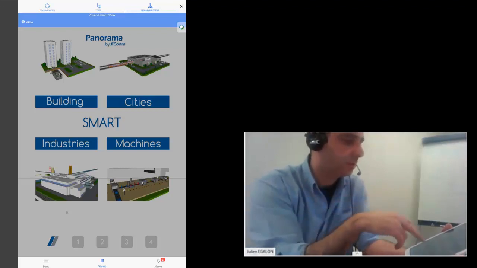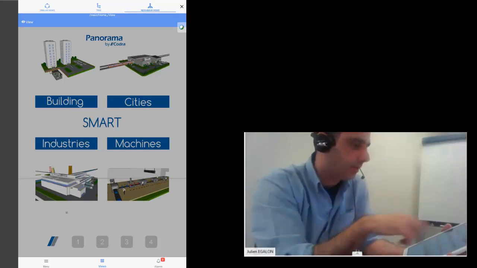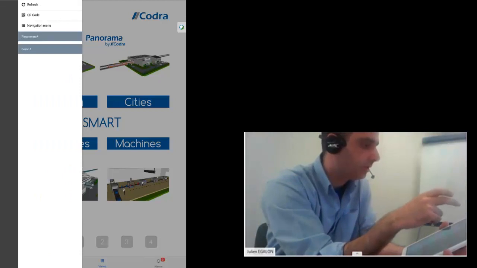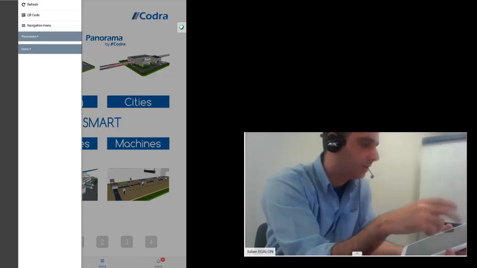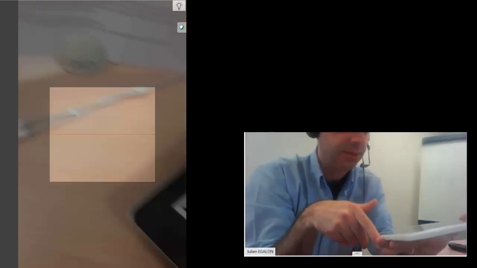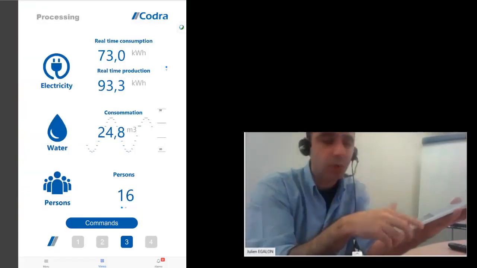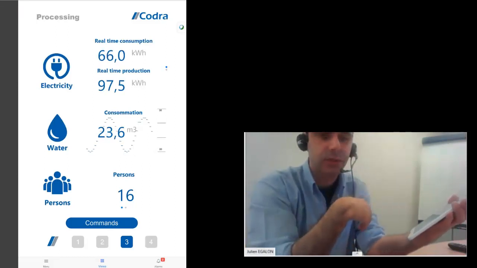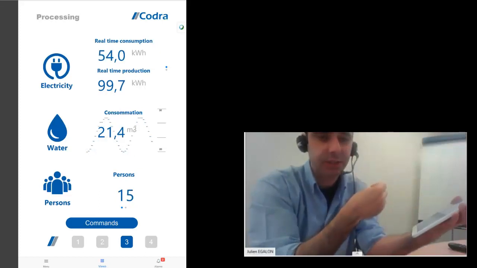Of course, I can ask to listen to a QR code. Maybe is it running? Yes, so I place a QR code on my PC. It's only a text, and the text is available in only one view in my application, and it navigates automatically to the corresponding view. So we can manage a kind of navigation to select the right view for the right equipment without any kind of error.